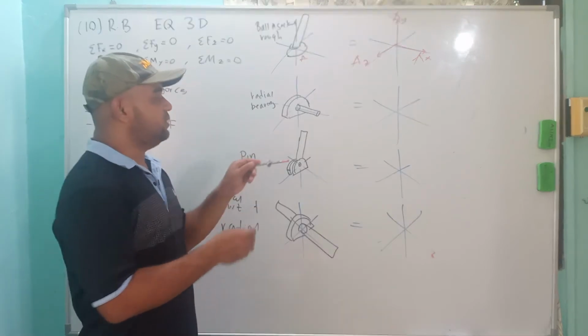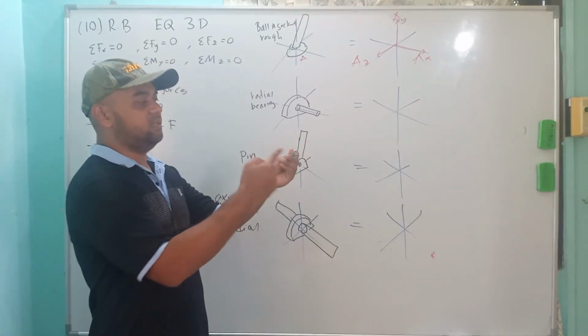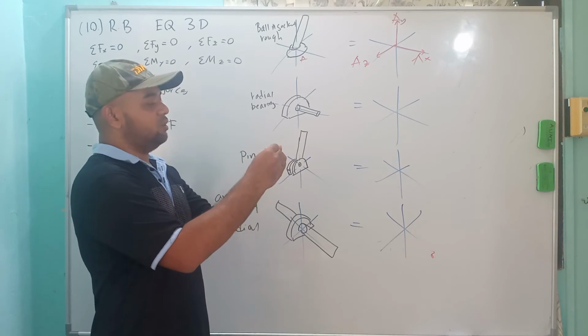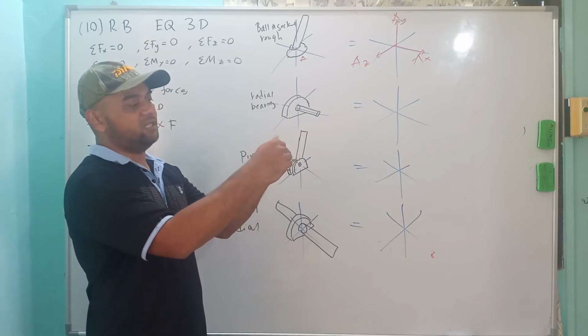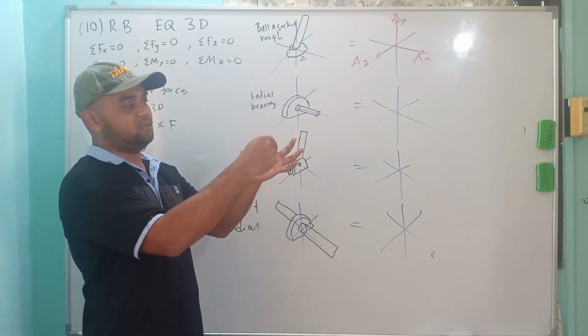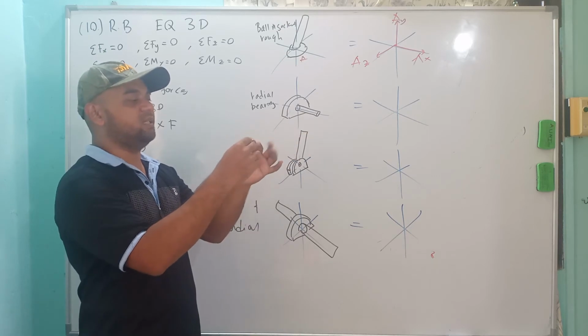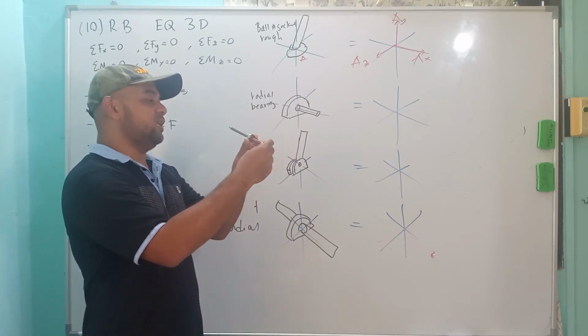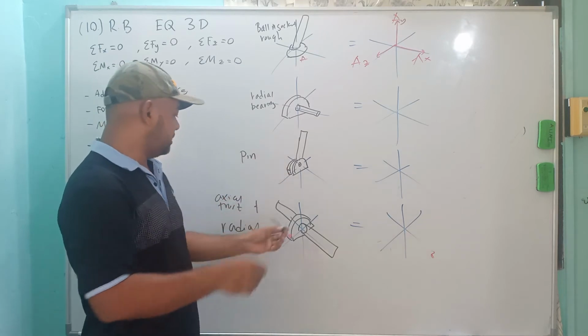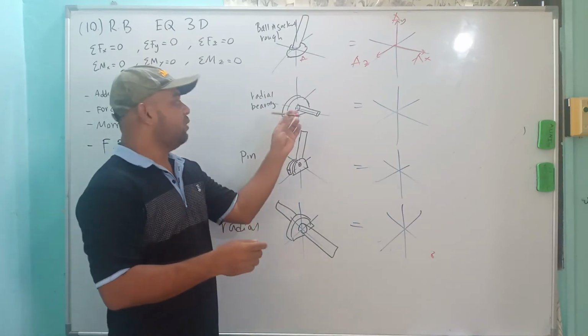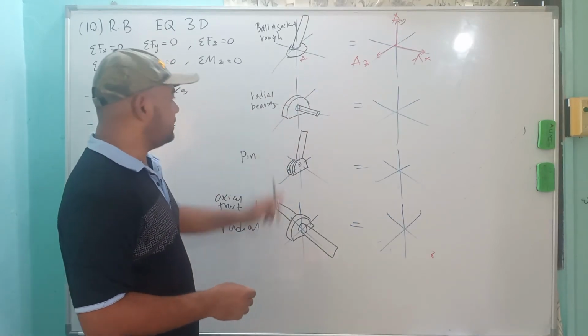Okay, so this bearing, so this is X, Y, and Z direction. This bearing allows the rotation for this one. Allow this rotation. Let's say this is a radial bearing. Okay, allow rotation for this one. This is not really a radial bearing. Now it is actually the axial thrust. But let's see, what is the difference between axial thrust and radial bearing?